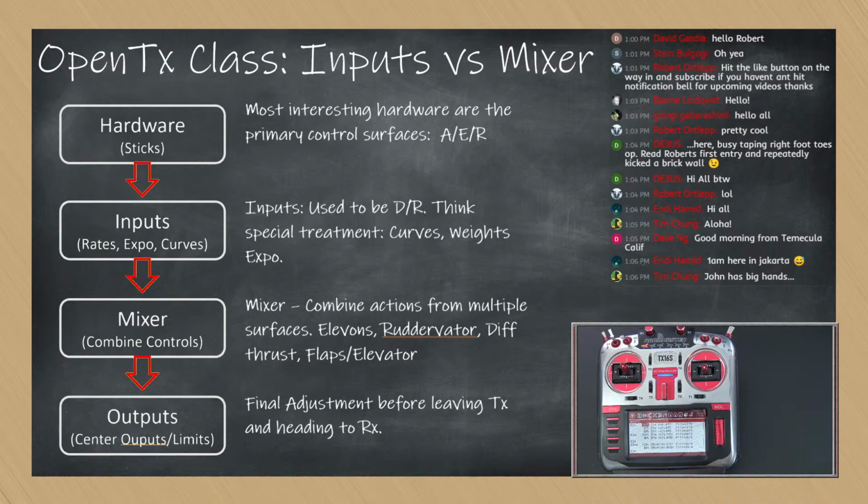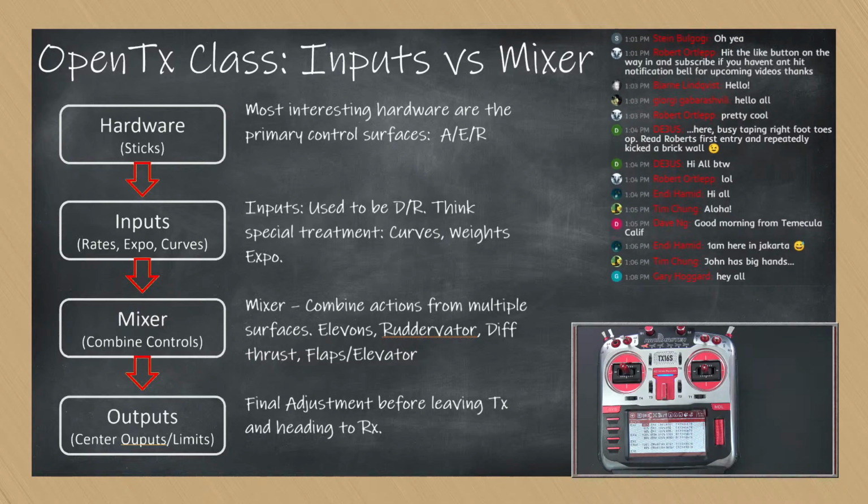Okay. Inputs then feed the mixer. So the mixer, that's the next stage down. If you look at that chart there on the left, what you see is that the inputs feed the mixer. So after we define and connect our stick to a name in the radio, then that information feeds the mixer. The important thing about the mixer, and I probably should have put this in parentheses as well, is that the mixer is where you first create the assignment of the device or the hardware to a channel output on the radio. And that, for people coming from Spektrum or FlySky or anything else, I think is one of the most confusing aspects of the whole thing,